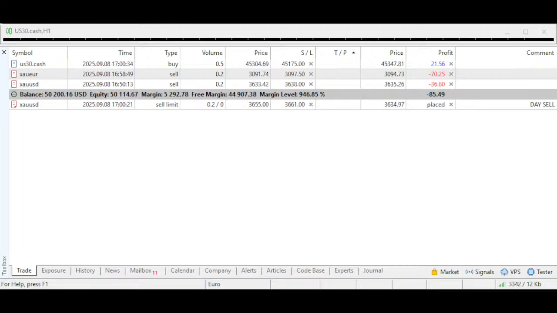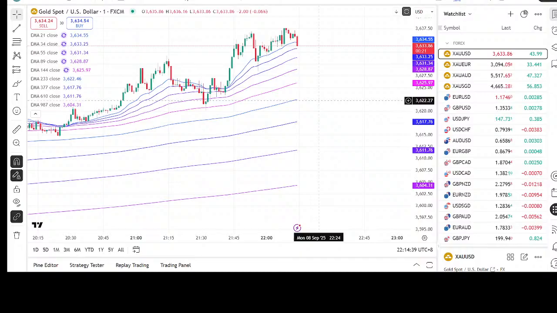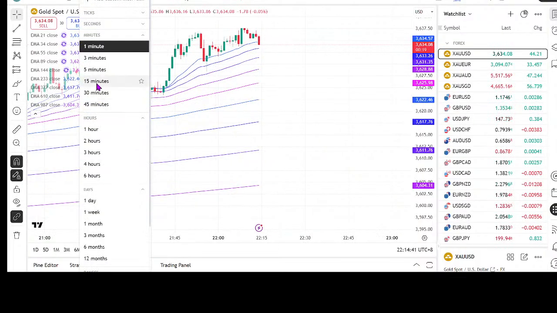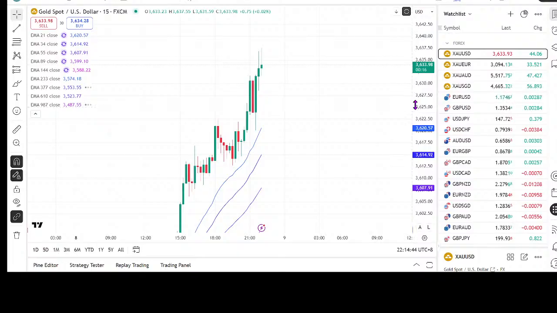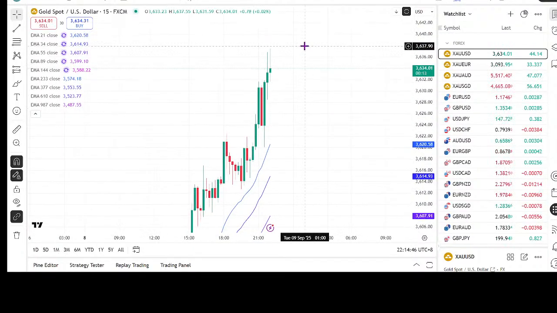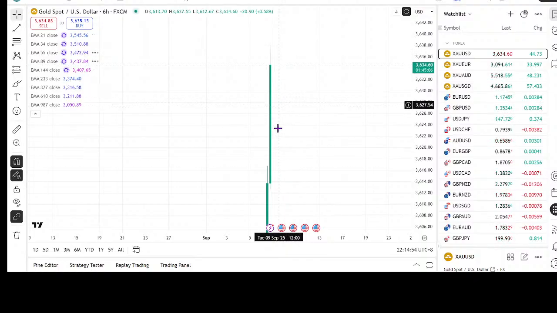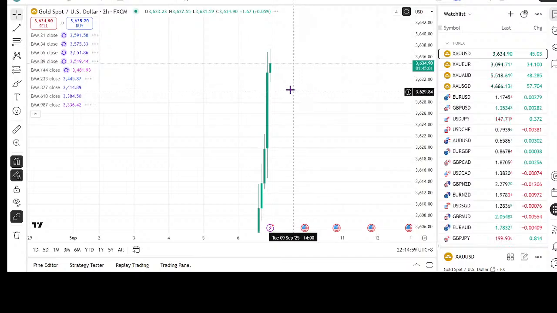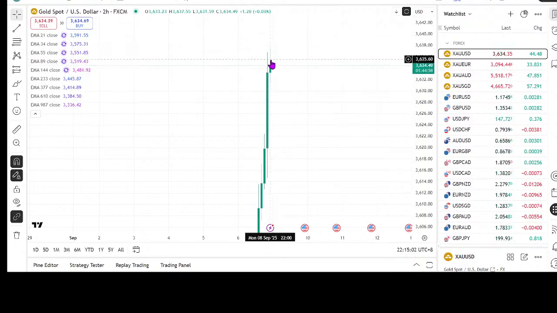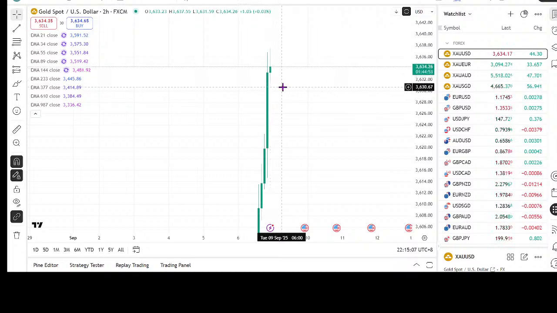We have 1 more minute. Okay, then we can see how the next 15 minute is going to respond. Now we look at the 15 minute. This is the beginning of the new time belt. So that means your 6 hours will still have 2 more hours left. So your 2 hours has just started.